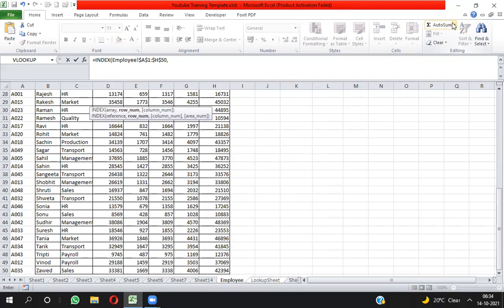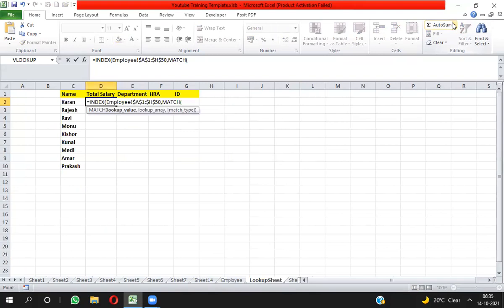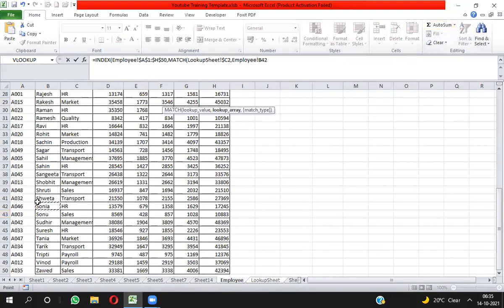For the row number, you need to apply MATCH for the name. The MATCH function will give you the position of the name. Here I am taking the current cell as a reference, so you need to freeze column C, comma, and then select the column where you will get the position of the name, comma 0. So this MATCH is for the row.